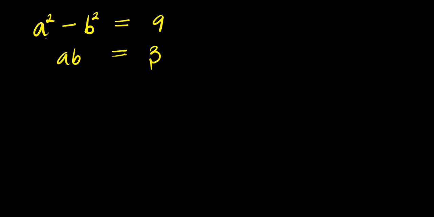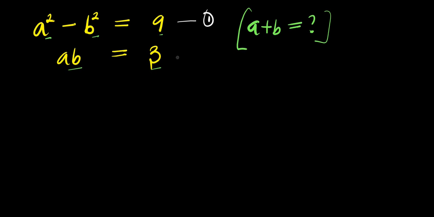Hello, we have a squared minus b squared equals 9. We have a times b equals 3. We are solving for a value of a plus b. So, what we are going to do will be to make this our equation 1, and this also is our